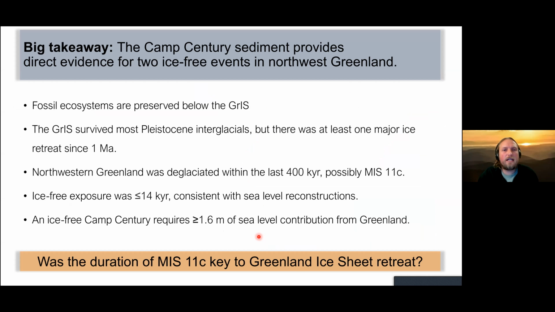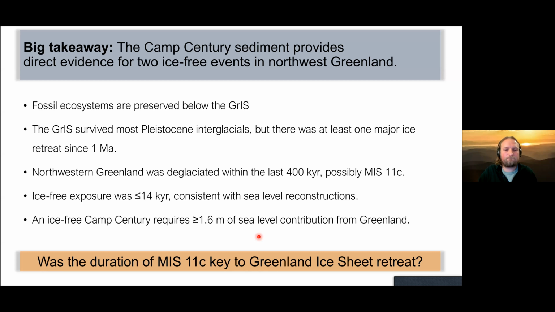So the big takeaway is that the Camp Century sediment provides direct evidence for two ice-free events in Northwest Greenland. We know there are fossil ecosystems preserved beneath the Greenland ice sheet. The Greenland ice sheet appears to have been quite resilient during the Pleistocene, surviving most interglacials, but there has been at least one major ice sheet retreat within the last million years. Northwestern Greenland has been deglaciated within the last 400,000 years, possibly during MIS 11c, for no more than 14,000 years. And if Camp Century is ice-free, there must have been a contribution of at least 1.6 meters of sea level